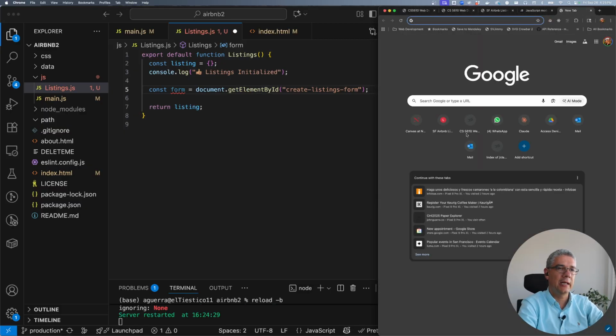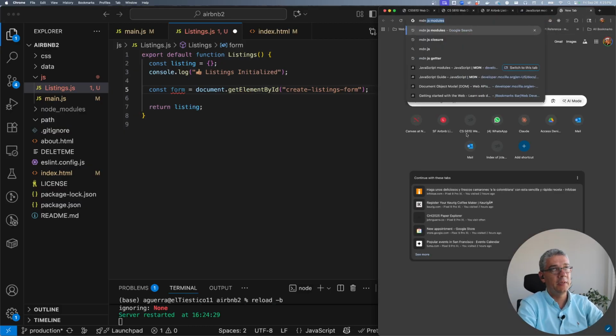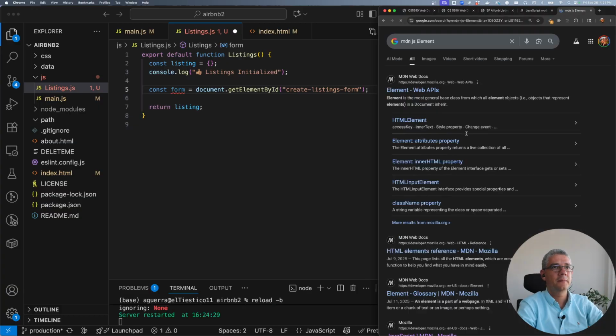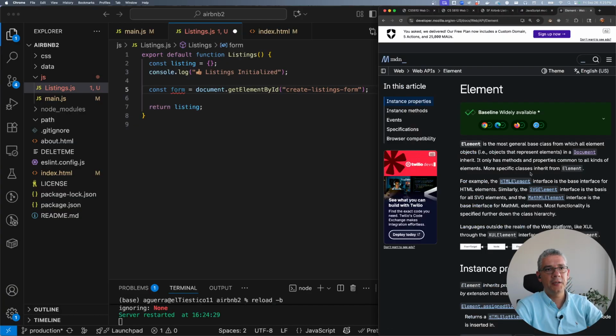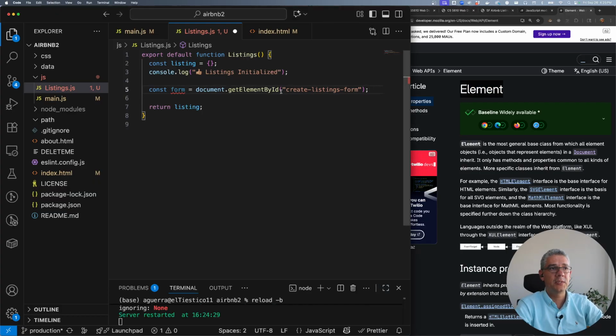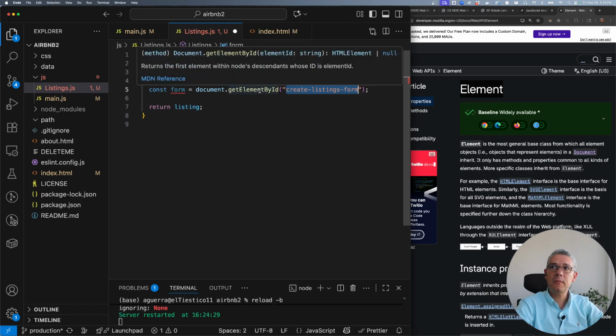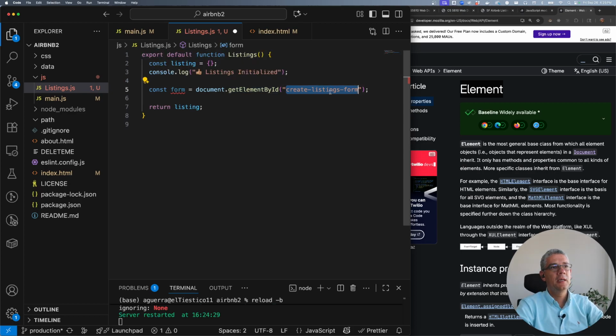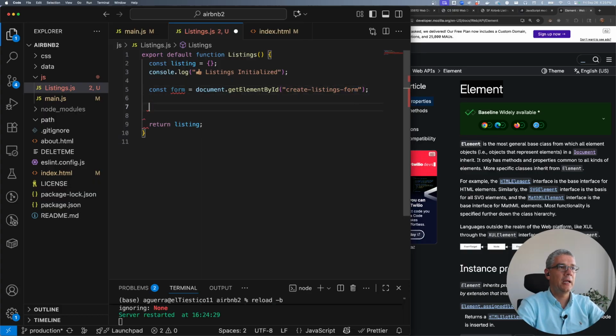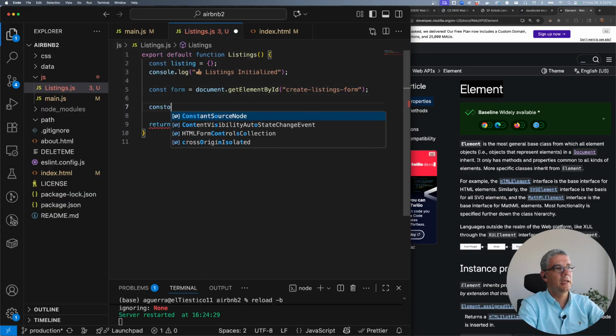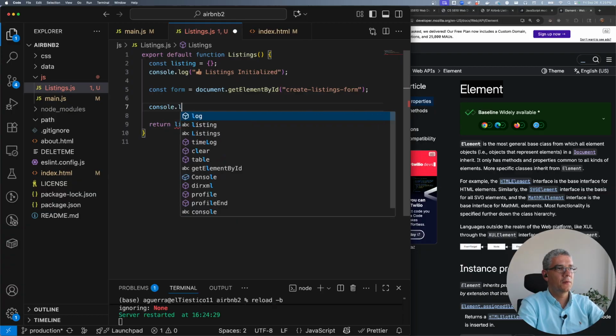If you want to see that element, just go and search for MDN JavaScript element, okay? And this is going to take you to exactly what is the object that is going to be returned, or the type of object. And in here, since I'm doing it by ID, the only thing I have to provide is what is the specific ID. Notice that I'm not using hashtag or anything. And then if I come in here, I can just go and say, just for debugging,